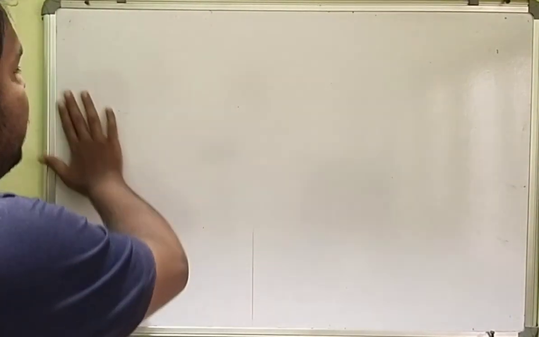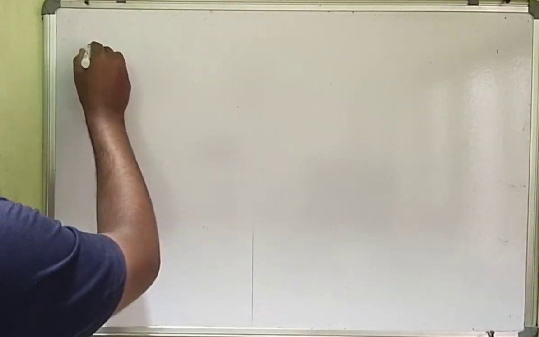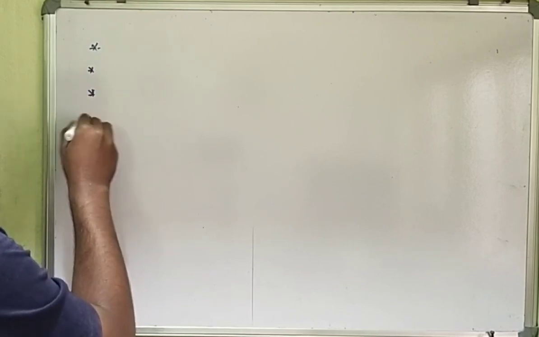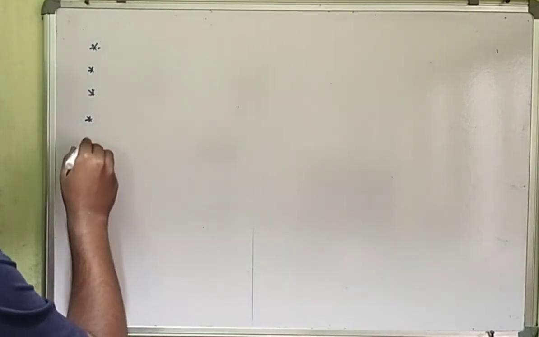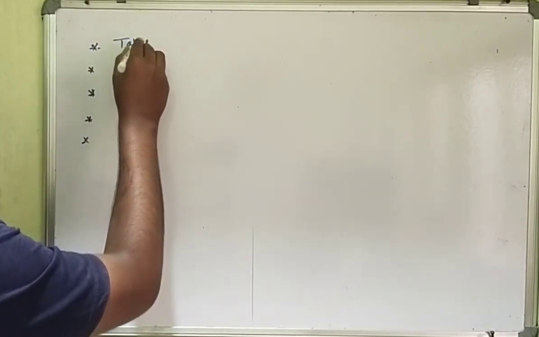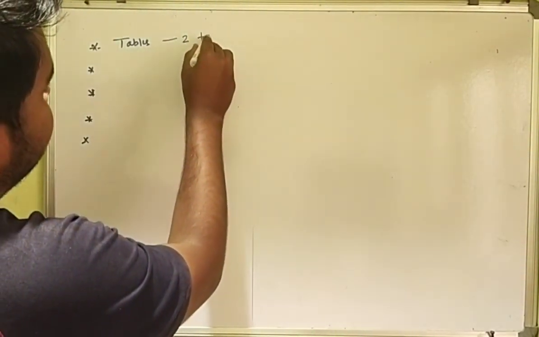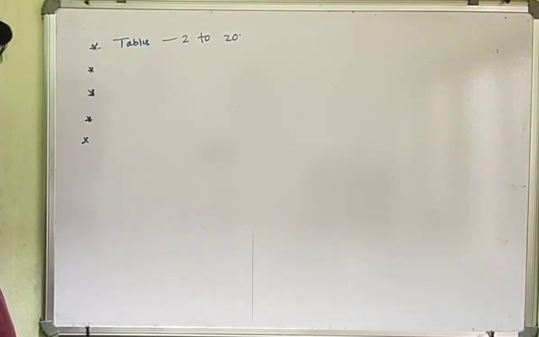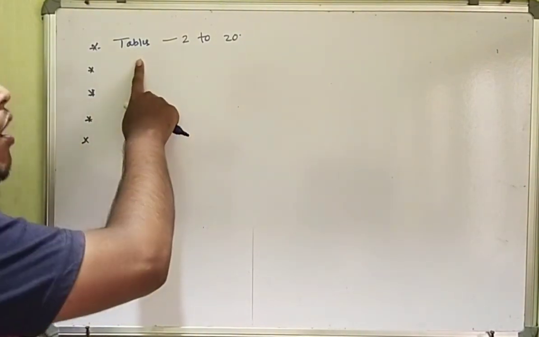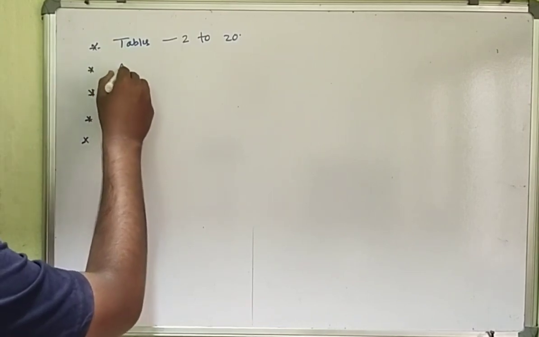Before starting the bridge course, dear students, you have to grow familiar with the 4 operations as well as the tables. Before watching this class, first you have to learn the tables from 2 to 20. Learn them at home, and send me a voice note on my personal WhatsApp number. Okay, next you have to go to the first operation, that is addition.